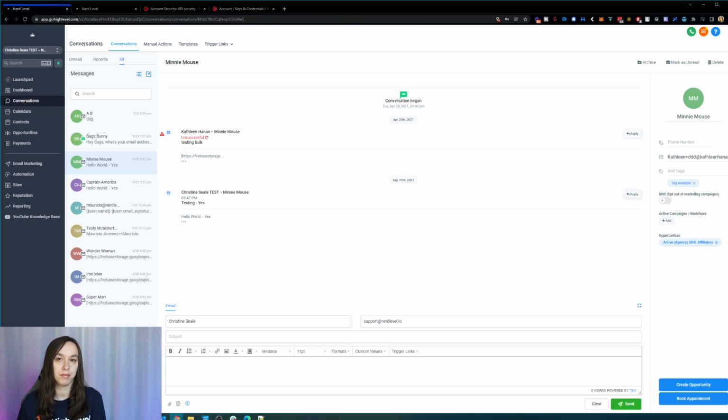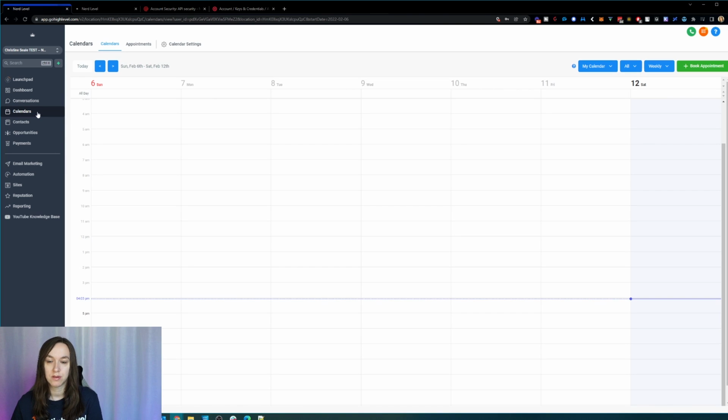And now what we're going to do is go through the calendar setup. So if you integrated Google, you're going to be able to see all your appointments here, okay? You can also add appointments just by clicking or dragging. So if your calendar is set up, you can add appointments like this, okay?